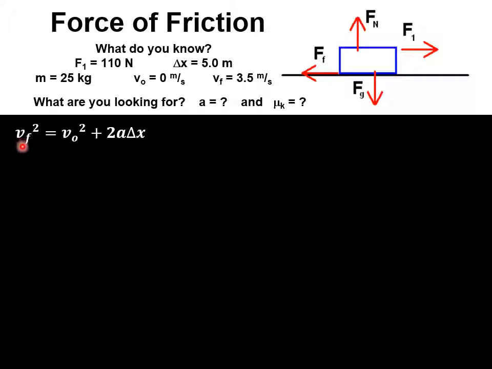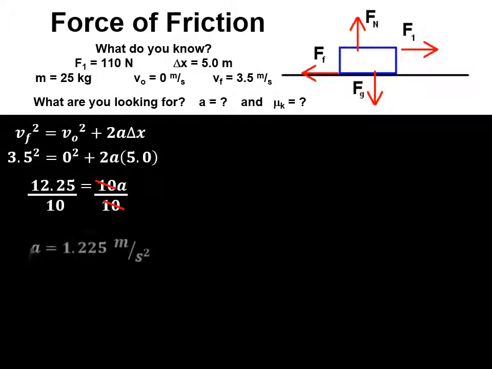So to find that acceleration first, we're going to use this equation. The final velocity squared is going to be equal to initial velocity squared plus 2 times acceleration times displacement. We go ahead and plug in our numbers, and we find that our acceleration is going to be equal to 1.225 meters per second squared. Now that's just using the equations from our first and second unit, so that's nothing new in this unit. But in order to find our coefficient of friction,